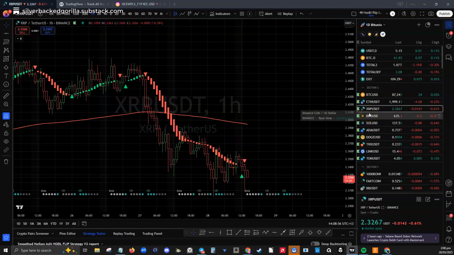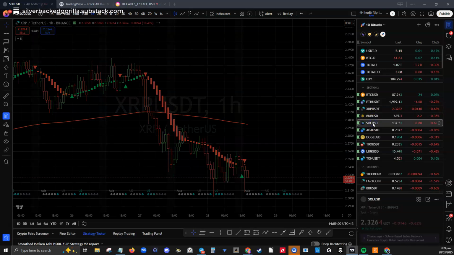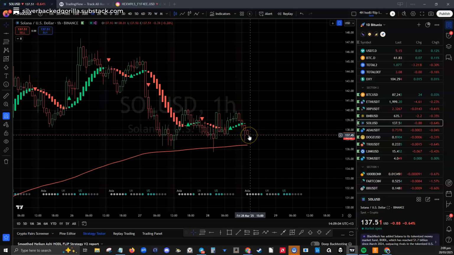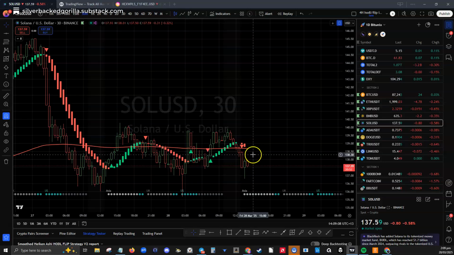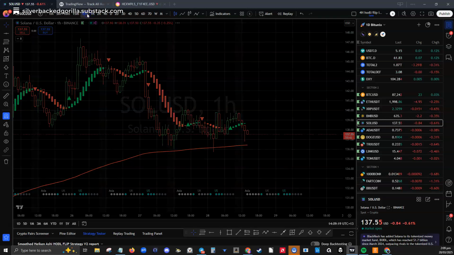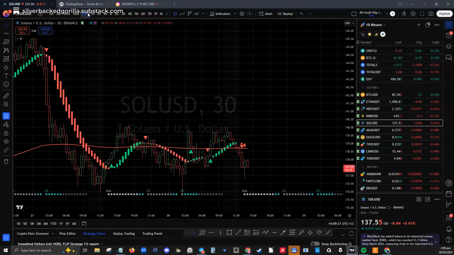So I just crossed that off my list here. Okay, I'm going back through. We've done BNB. We'll go through to Solana. Solana's in an uptrend, so that could be a good way to go. It is on the hourly. On the 30-minute it is actually on a downtrend, so I want confluence on both those time frames to line up also with the 1 day. So what I might do is, between here and here, we've got a downward trend call on